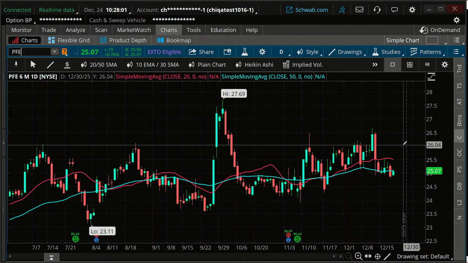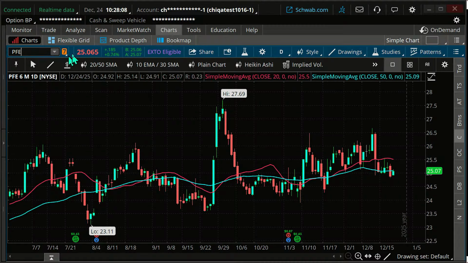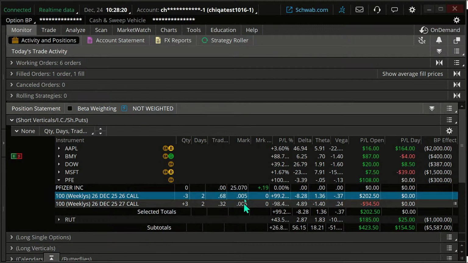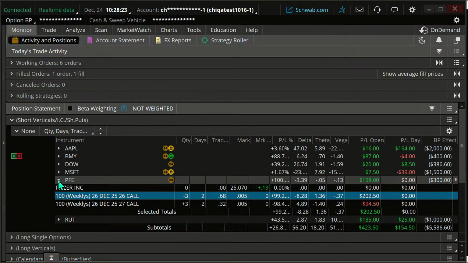Market closes in about a half hour today, so really it would be one day's worth of trading. There's no earnings or anything on this, so likely it's going to expire worthless. I can put in an order to try and get out, but it's probably not going to fill right now because there's not going to be that much liquidity on these. The prices are basically zero right now.